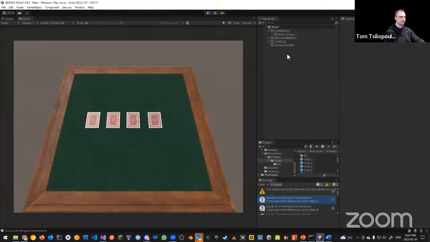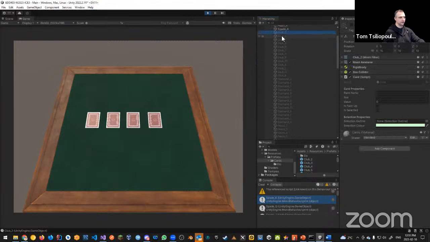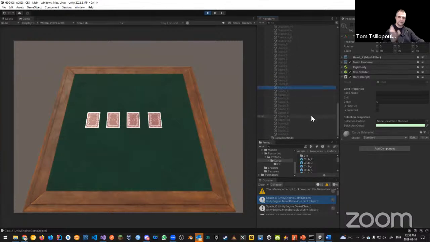And wonderfully, we have now made our initial list followed by our second list. So notice this is where we wanted to do it. This is clubs to K, diamonds to K, hearts, spades, and then a second copy: clubs, diamonds, and then hearts and spades. And I made that second copy, so double the amount of game objects, because